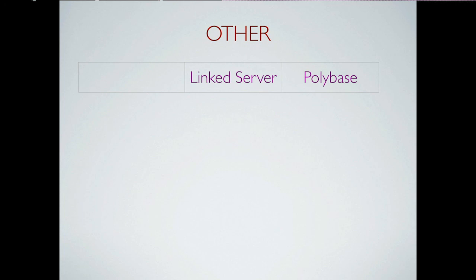And I'm sure some of you are thinking to yourselves, well, this seems like a lot of work to connect to Mongo when I could just use a link server. Okay? I suppose there's some truth to that. But each has its strengths and weaknesses. So first is scope. A link server is for the entire instance, where Polybase is based at the database level, which means it is availability group aware.